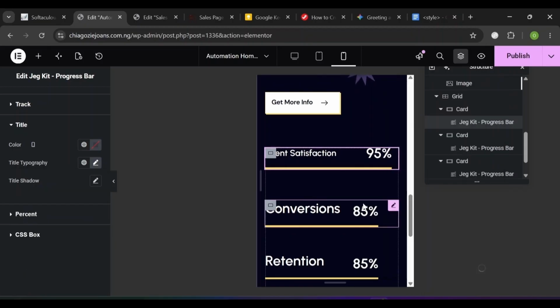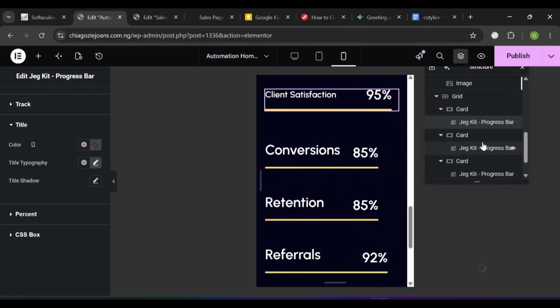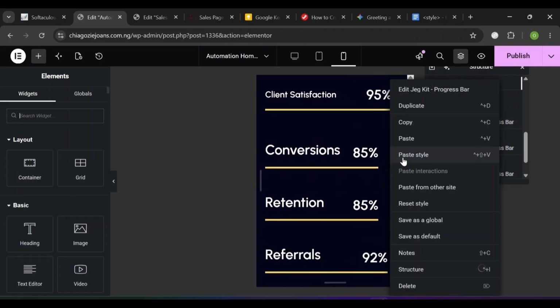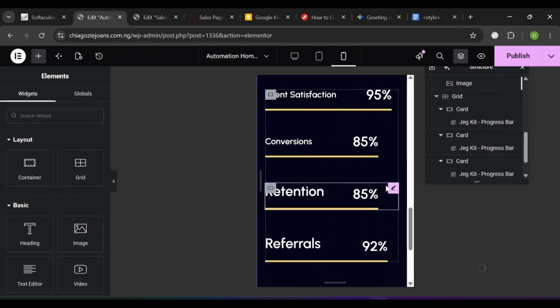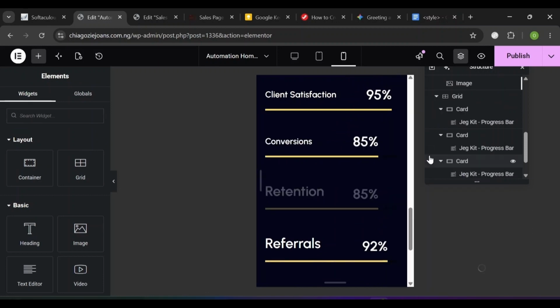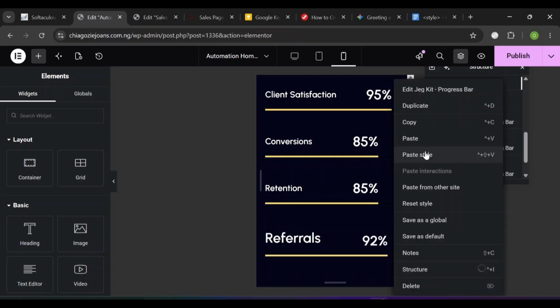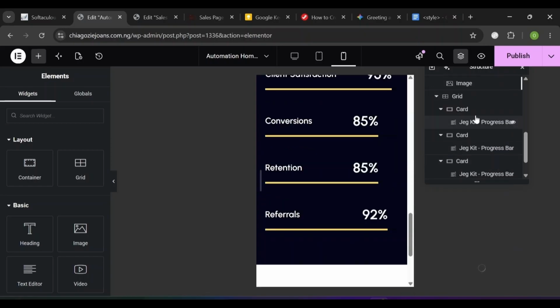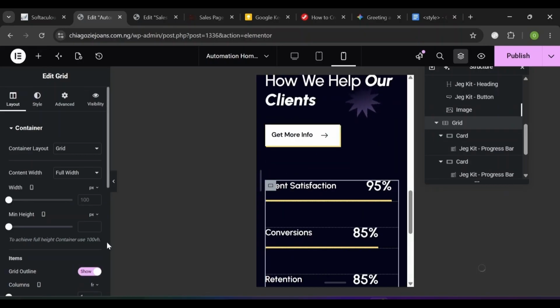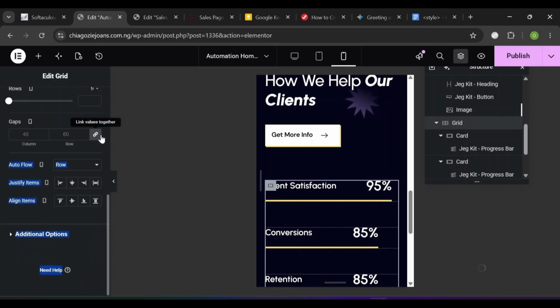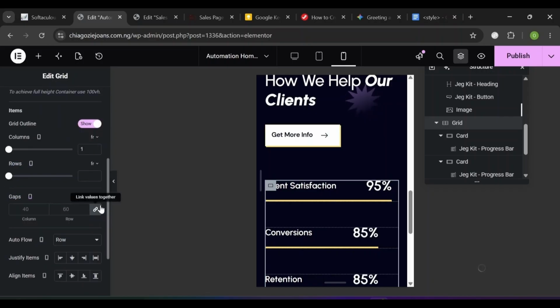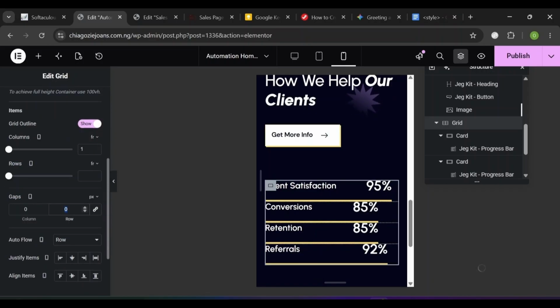right click on this style, click on copy, then come over to the next progress bar, right click and click on paste style. Okay, do the same for this one, paste style. Right, same for this, paste style. Now select the grid container. Okay, then you want to come over to this layout, under these gaps, unlink the gaps here, make the row